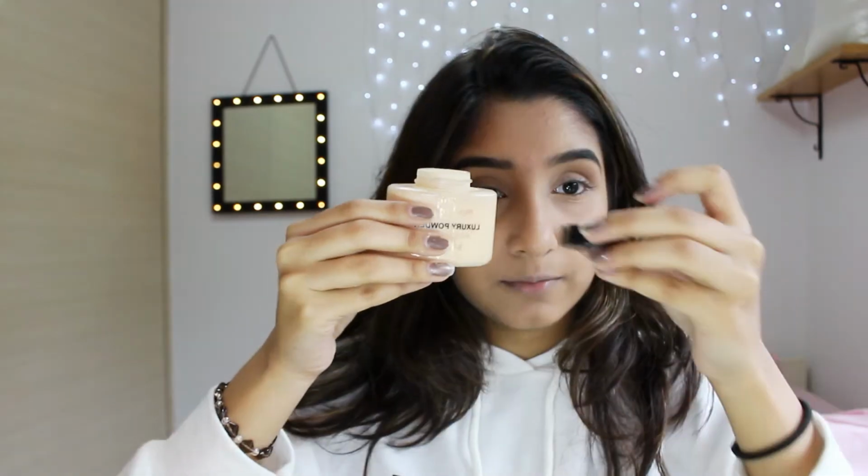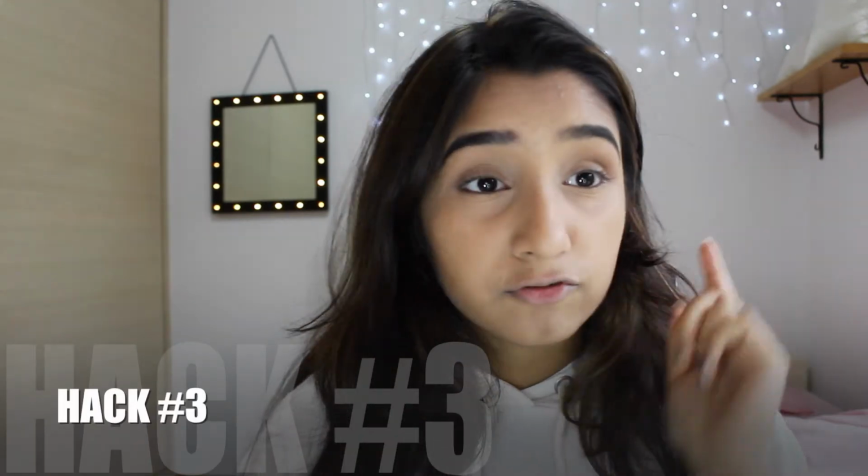If you have a dark mark on any part of your face, instead of applying concealer, take your banana powder and, using your fourth finger, take a really small amount and apply it. Leave it for a while, and I know I look funny. Ta-da! To make your eyebrows more defined, take your concealer and apply a really small amount just on the arc